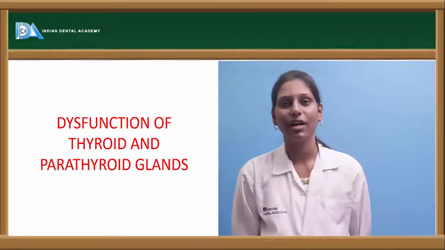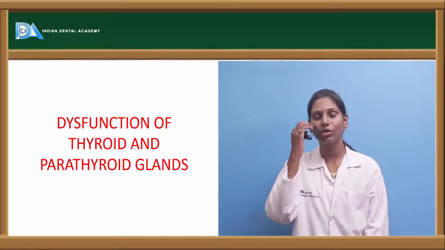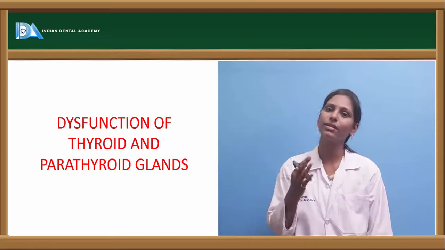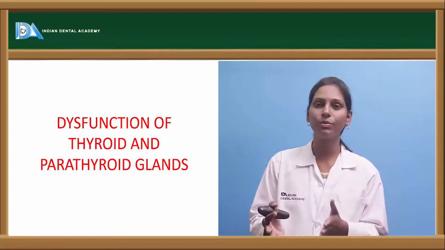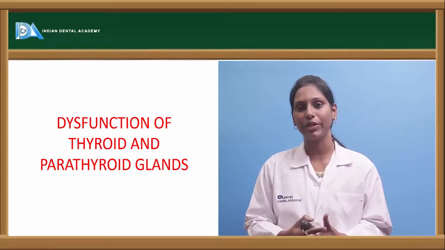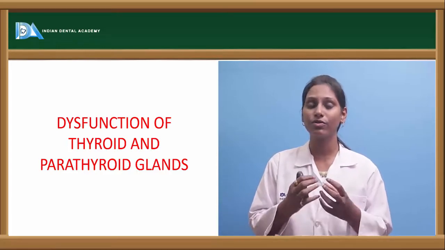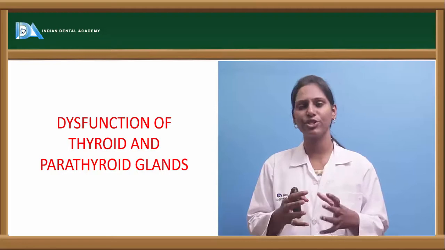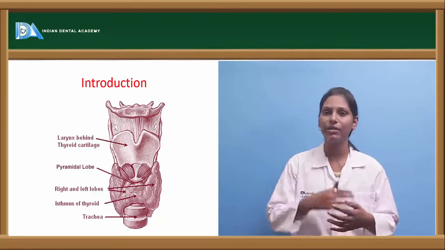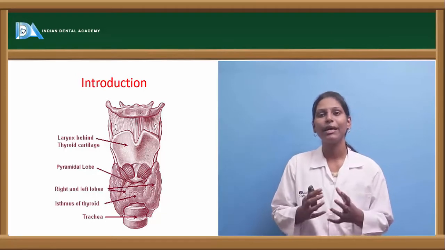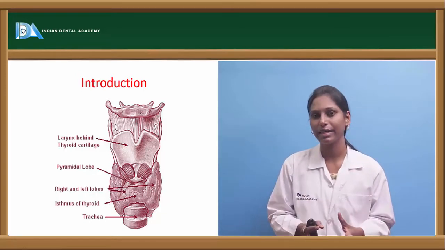The topic for discussion now is again dysfunction of thyroid and parathyroid glands. In one of the presentations we have seen the various tumors that affect the thyroid and parathyroid. Here we will be seeing about the various swellings and also how the dysfunction of thyroid and parathyroid glands actually happens. So before going into the thyroid dysfunction, the thyroid gland is a highly vascular organ which is present